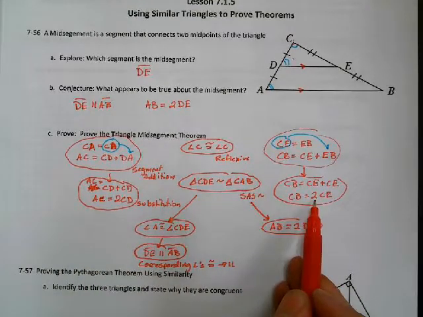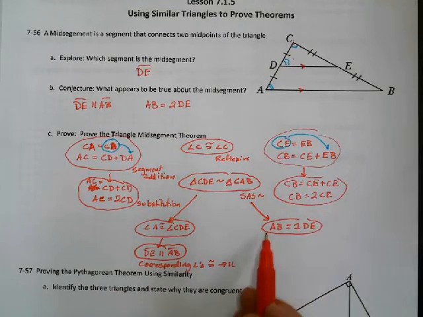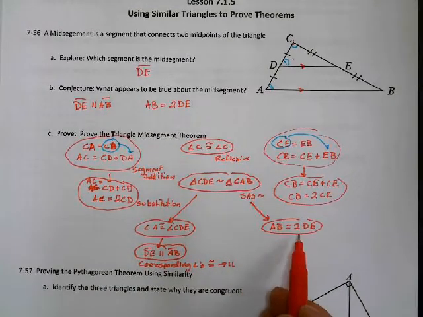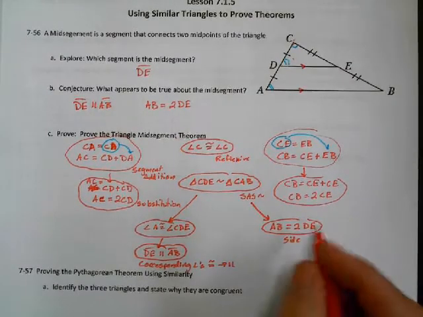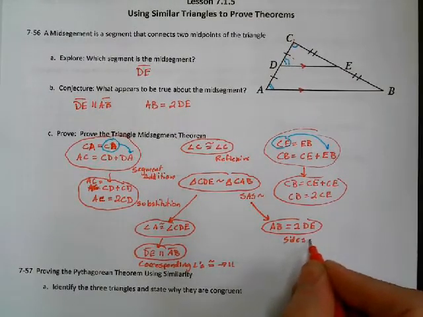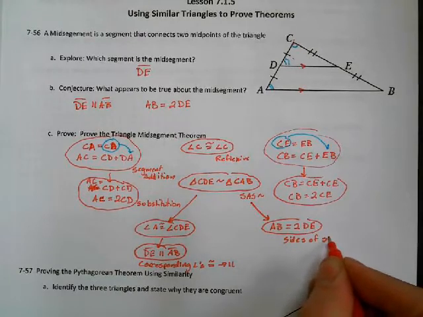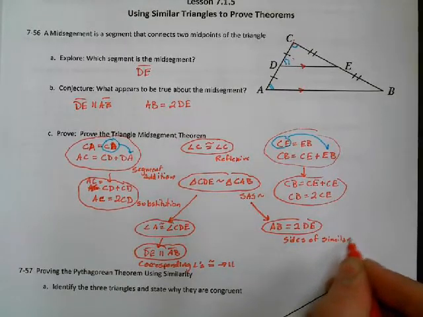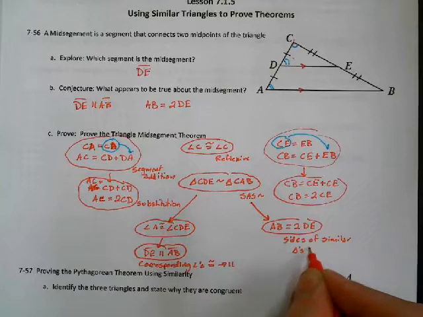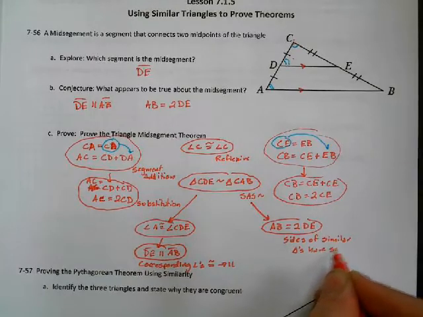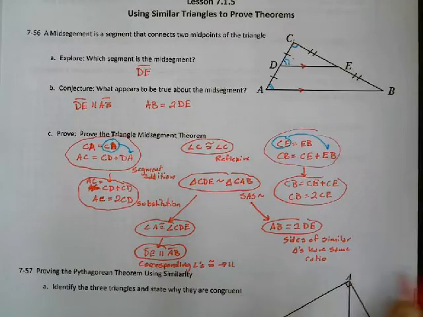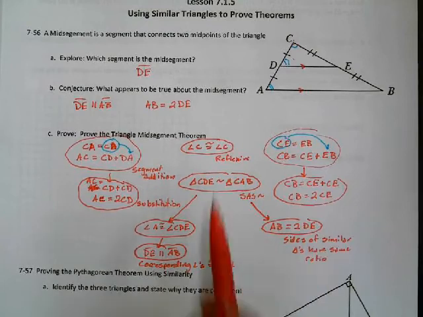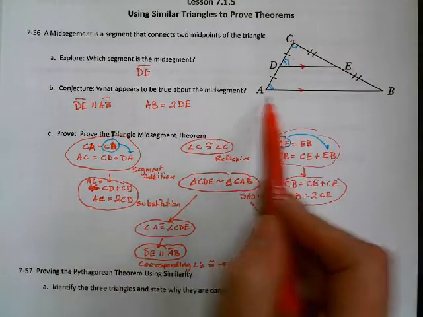So the last side also has to have a ratio of 1 to 2. Sides of similar triangles have the same ratio. So there you go. We proved that the mid-segment theorem works, that the mid-segment is parallel and half the length